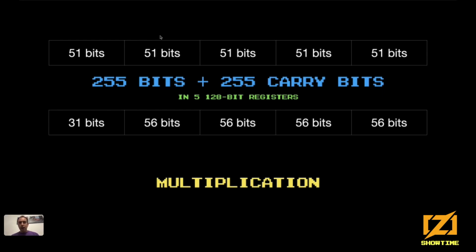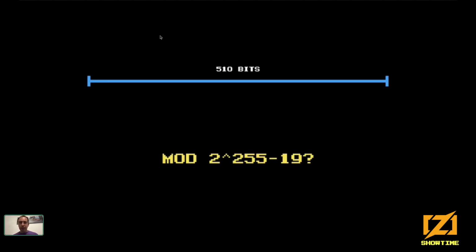So this is faster. However, we may still end up with a pretty large number, which is larger than 2 to the 255 minus 19. I'm just going to say p instead of 2 to the 255 minus 19. It's shorter. So yeah, we still need to make sure that we are still within the bounds, because if we do another multiplication right after, it's going to explode. So what we can do is a reduction. In this case, we have 512 bits, and we want to perform this mod p operation. So a couple techniques exist to do that.